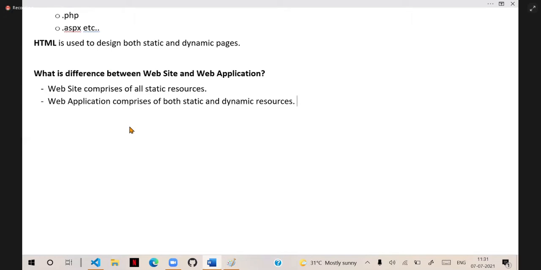Internally, so much meaning is there. I will show you that point. So a website comprises only static resources. These days,